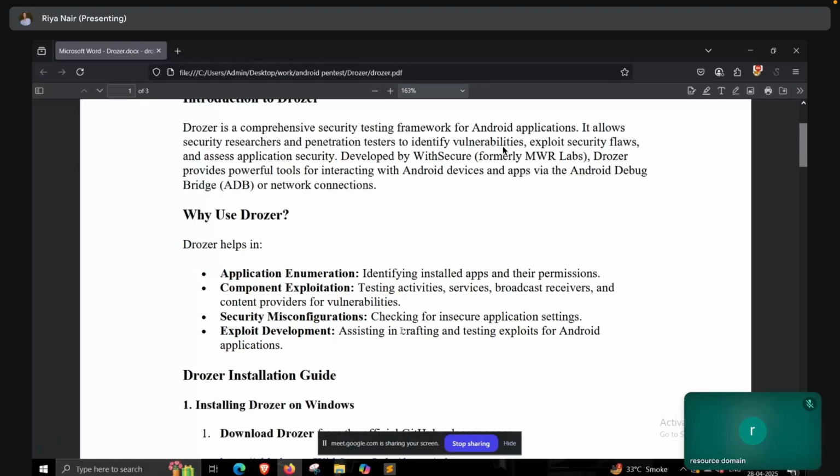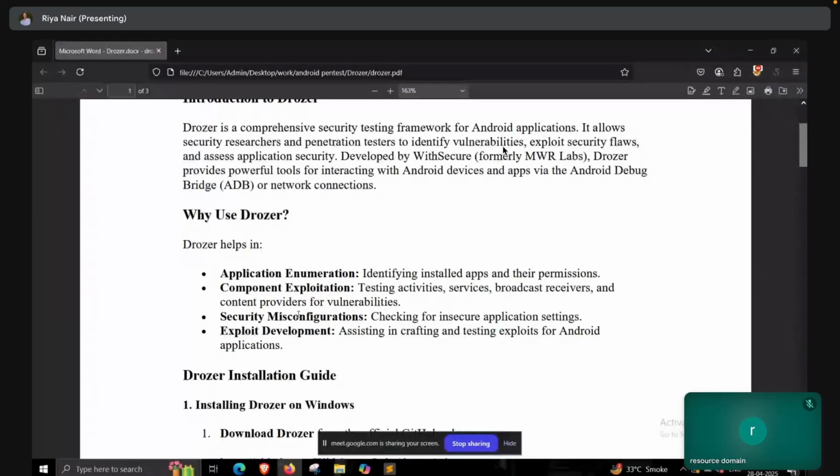So that is also one of the best parts of it. Last, we can also use it for exploit development. It basically means if we want to demonstrate or create a real-life impact of a vulnerability to show its severity, then it also helps you to create an exploit based on it. So yeah, Drozer is an all-in-one